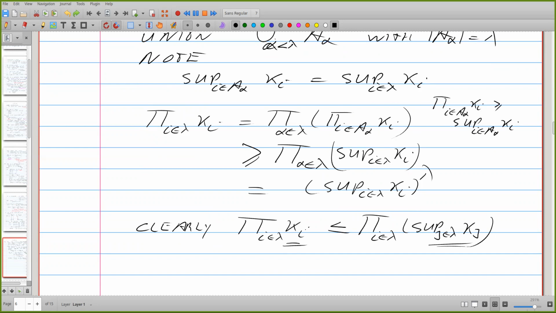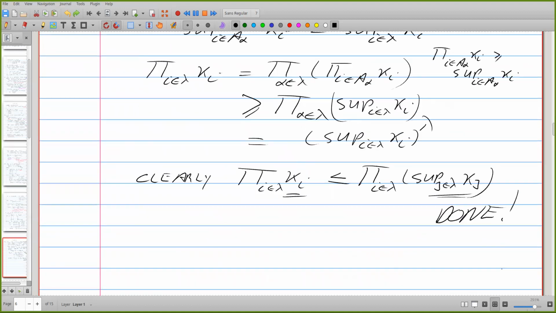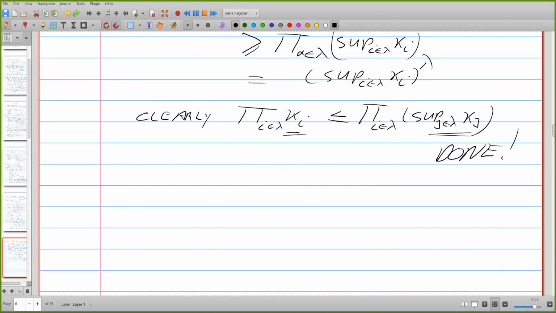So if I take the product of all the kappa i's, I get something that's less than or equal to the product of lambda copies of that supremum, and there we have it. So we have roughly the same thing as in the sum, but we need to assume that the sequence is non-decreasing. And if the sequence is not non-decreasing,